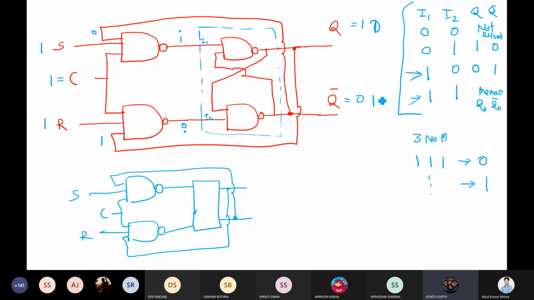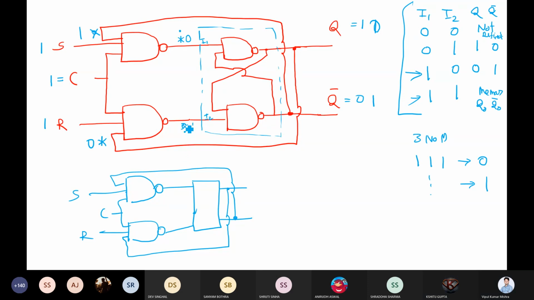Now this 0, 1 will feed back. So then this will become 1 and this will become 0. Now what will happen here? This will become 1, 1, 1. So what value will you get? 0. And this will become 1, 1, 0. What value will you get? 1.